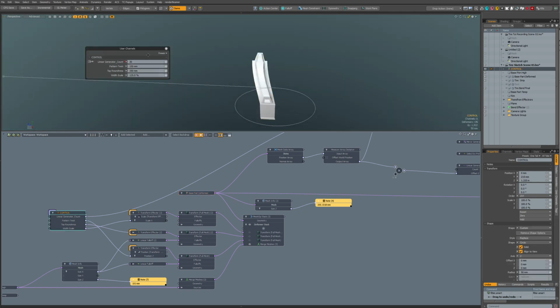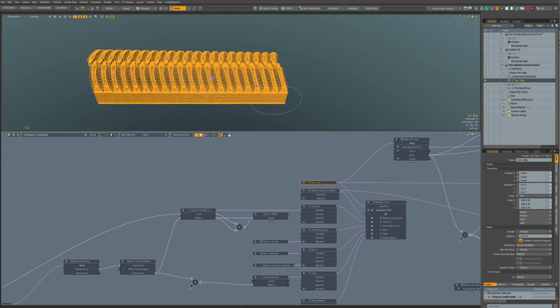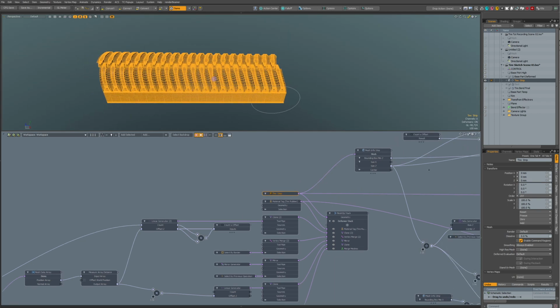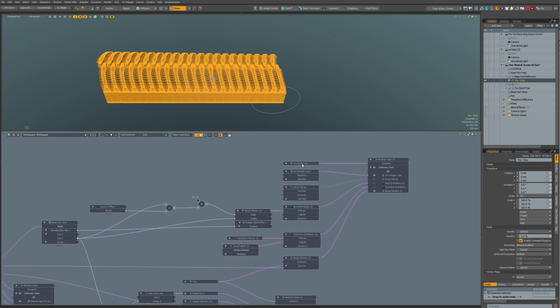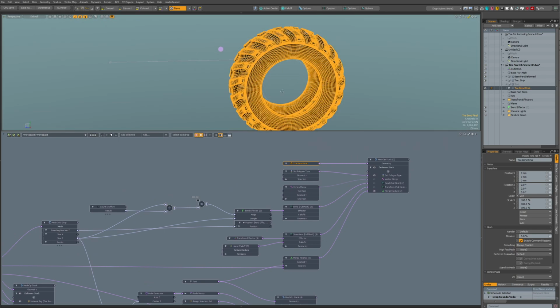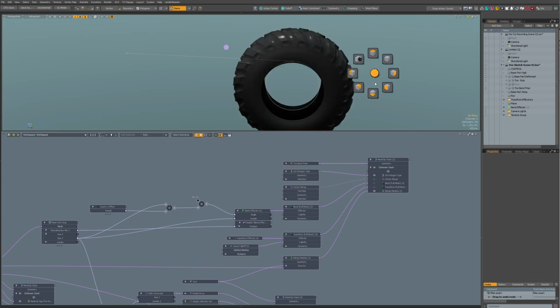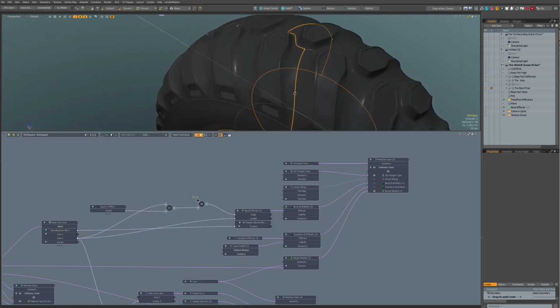So if we change this amount, for example 50, we can see how it deforms, and it's duplicated like this, cloned in a long strip, and that strip is fed to this object, which bends it. And I think now we have some kind of problem there, but I'll fix it later.